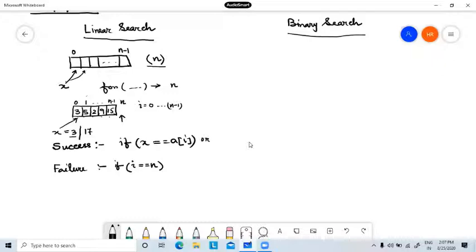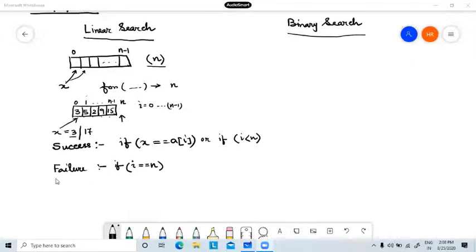And when I can say it is a success? Or you can write if i is less than n, then also I can say that it is a success. So for success verification, we have two different conditions: either x equal to a of i, or i less than n.